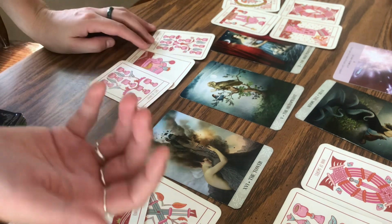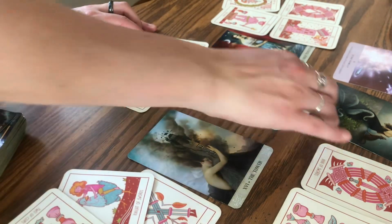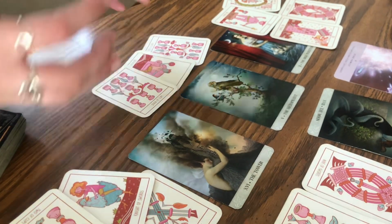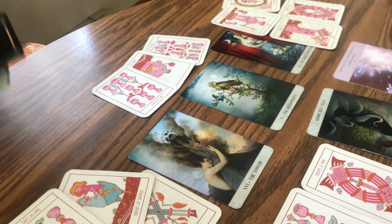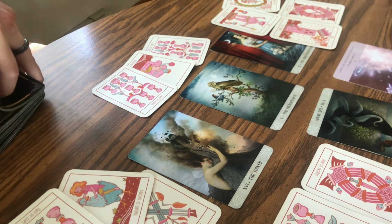8 of Cups is somebody walking away. I think you probably need to walk away from this person, this counsel, whatever it is. We have the Queen of Coins, which is somebody who's a nurturer, giver. So this might be another person who's coming in to help you. I'm not quite sure. There's going to be a lot of different people, a lot of different questions. But the 7 of Cups in reverse is telling me that something that you thought...